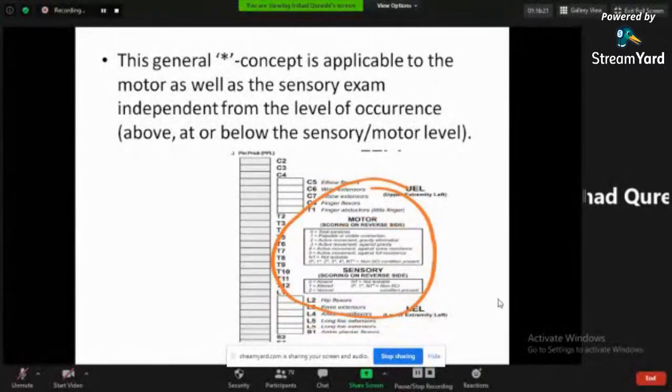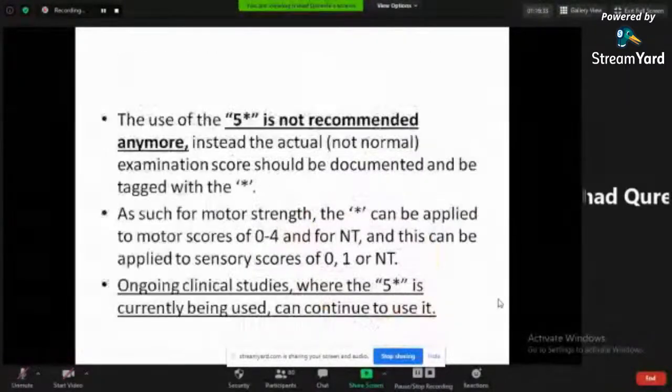This general asterisk concept is applicable to the motor as well as sensory function independent of level of occurrence, that is above, at the level, or below the sensory or motor level. The use of 5 with the asterisk sign is not recommended anymore. I repeat, the use of 5 with the asterisk sign, where it was hypothetical from the examiners